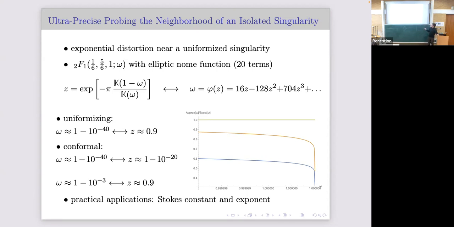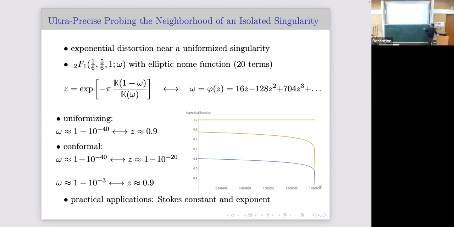So here's a plot of, once you do this, the approximate value divided by the exact value. And this is if you just did some sort of Padé, and you're probing very close to this singularity. So this should be tending to 1. Well, it's getting close to 1, but then it plummets. Okay? If you do a conformal map, then it's much, much better. So this is getting 10 to the minus 6 or something near the singularity. But it eventually does fail. The uniformizing map is perfect.